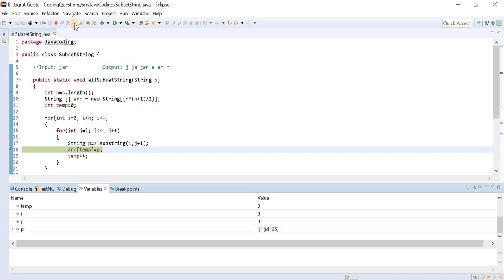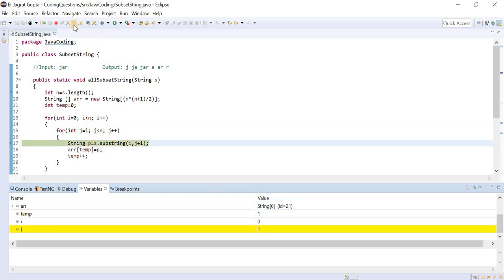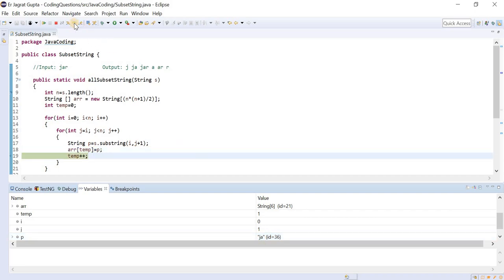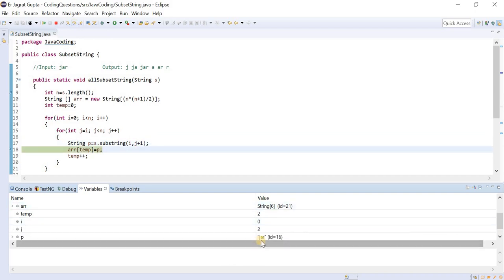Next the loop will iterate. Firstly it stores j, and now the value of temp is 1. Next time it stored ja, and the next time the loop iterates, it stored jar.